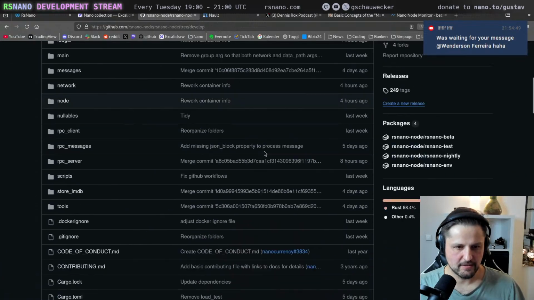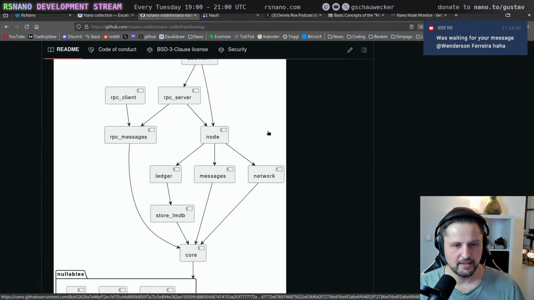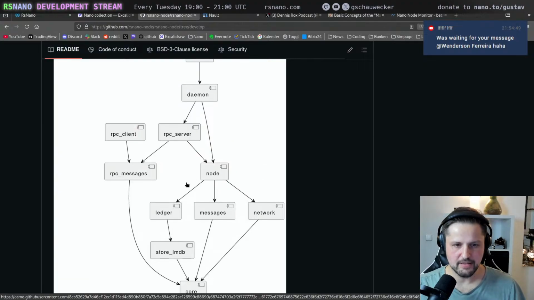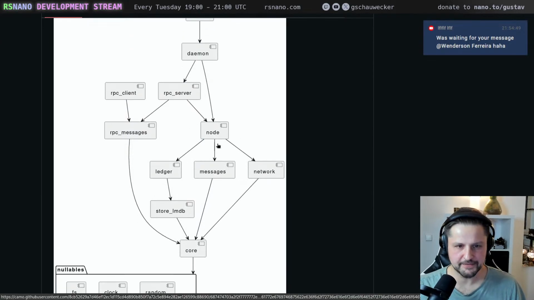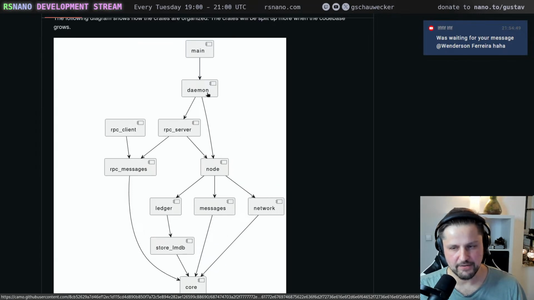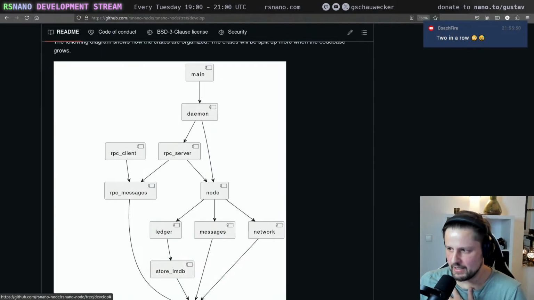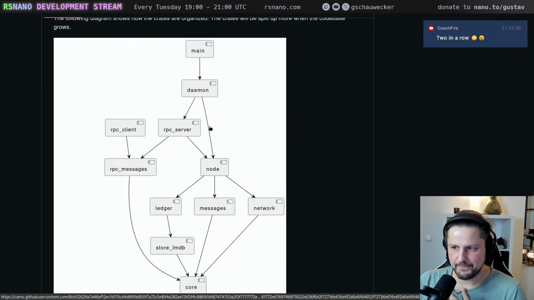And let's just have a look at the structure again. So currently the node, can I do this full screen? Currently the node, this thing here, contains many different things. It contains a WebSocket server. And the way the code is structured, and even the C++ code is structured, is that there is a layer above, which is called the daemon. And the daemon starts the node, and the daemon starts the RPC server if it is configured.